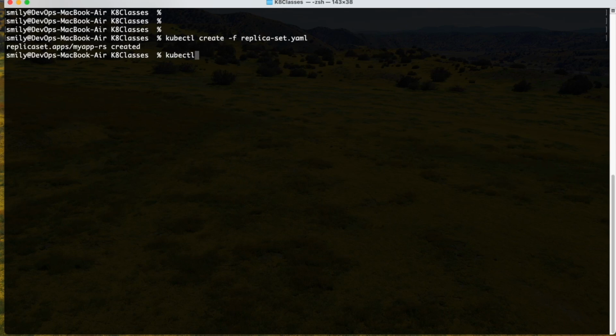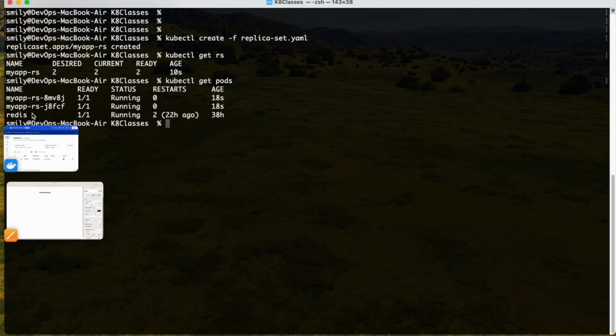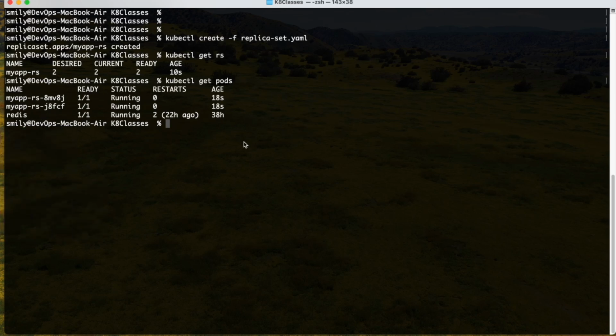Now try to get it, ReplicaSet, get rs. So my app rs is created, and try to get the pods. Two pods have been created with the prefix my app rs, and one is my app rs item and one is j8. Two created, and redis is the previous one. Now we will try to delete one pod in the replica set. That means from here we can try to delete one pod. Kubectl, how to delete? Kubectl